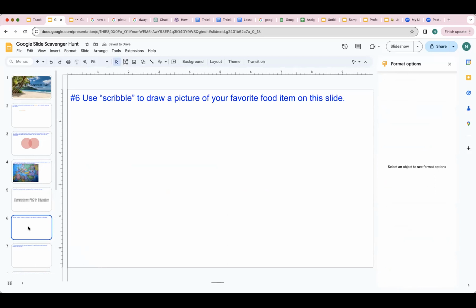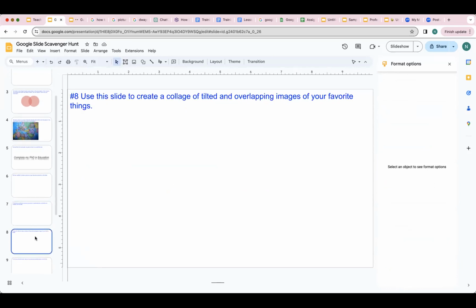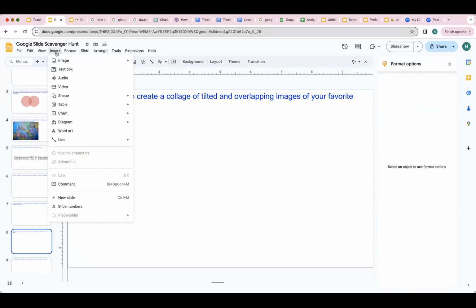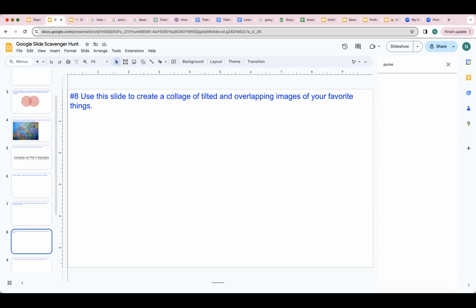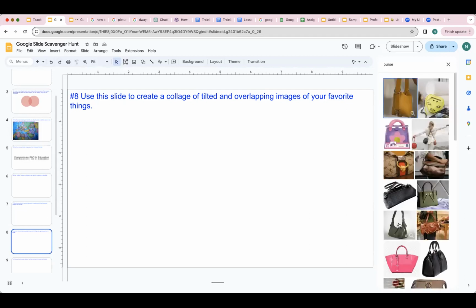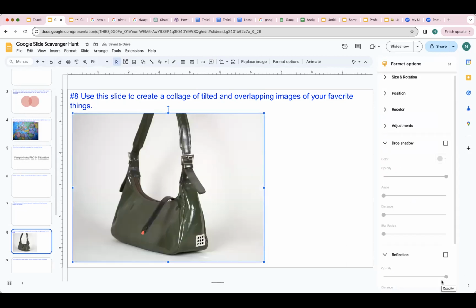So there are many things. You can scribble a favorite picture, you can draw your favorite summer experience, describe your favorite summer experience. You can also use this slide to create a collage of tilted and overlapping images. You select images from here, for example, you search the web, you search purse. Anything, you just simply click and insert, or you can have 2 or 3 pictures and create a collage out of them. Okay, now